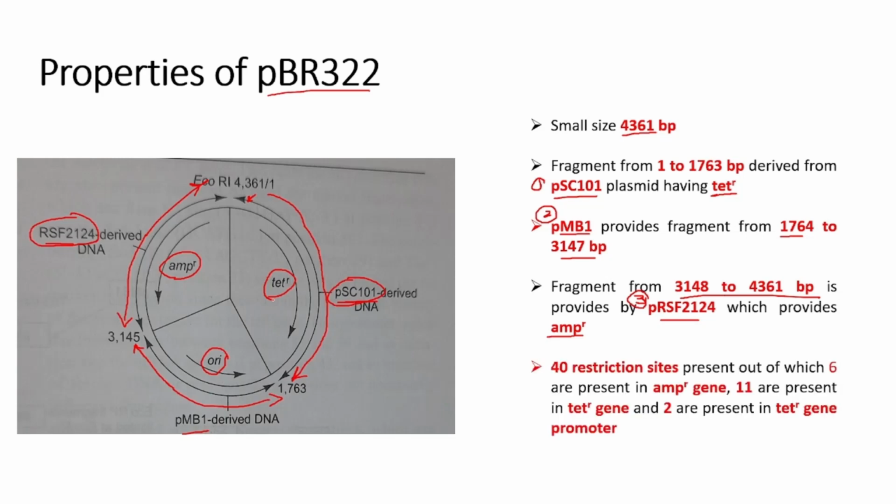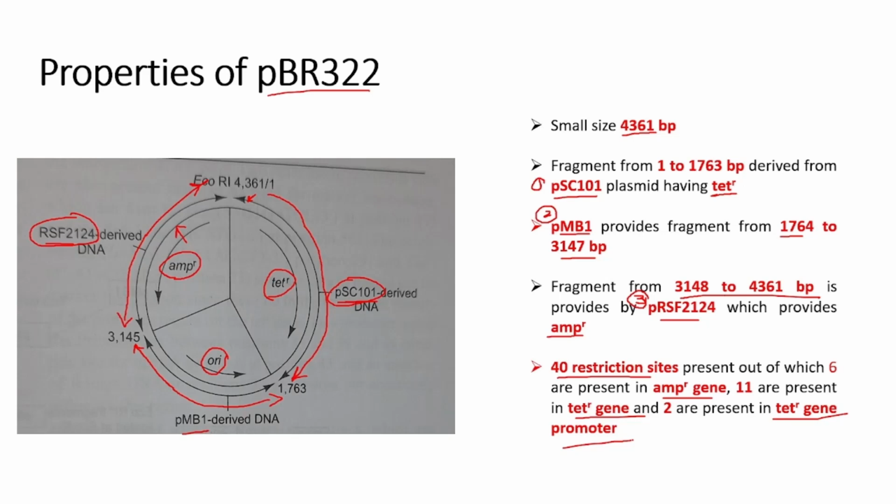now there are actually 40 restriction sites in total present in the entire pBR322 plasmid, out of which 6 are present within the ampicillin resistance gene. So 6 are present in this position in the ampicillin resistance gene, 11 are present in the tetR gene, and 2 are present in the tetR gene promoter. So these are some of the properties of pBR322, and these properties justify why this plasmid vector has been used